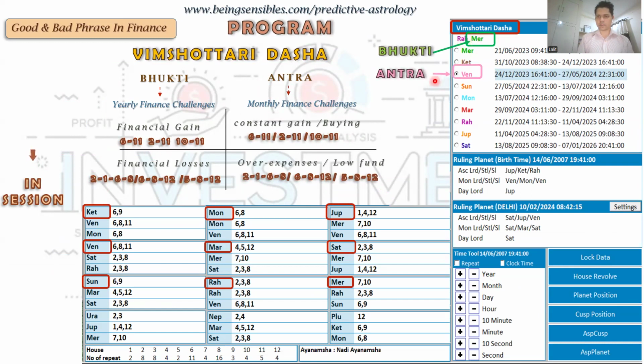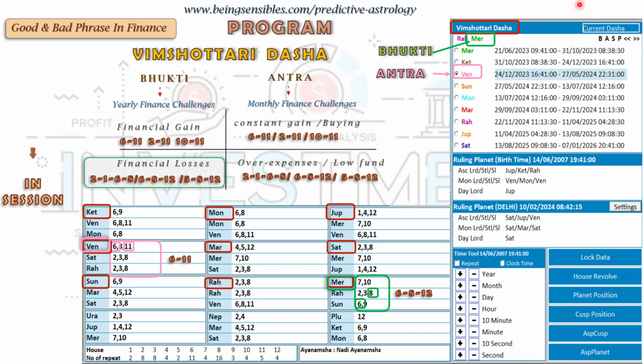In this case, Mercury is Bhukti and Venus is Antara. So we have to check the Mercury combinations, which is turning 6-8. That is not good. And Venus, you have to check Venus. It is here 6-11. So in this case, Mercury comes in a Bhukti, which is financial losses. So for 21 June 2023 to 26,